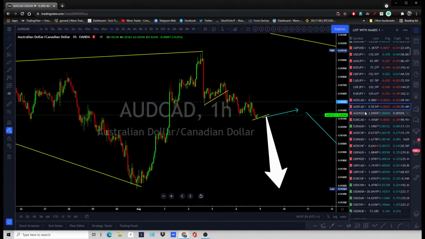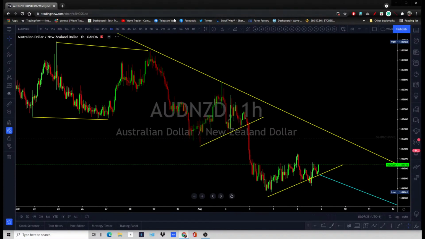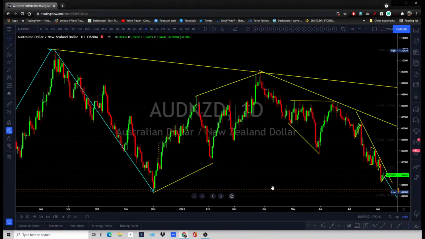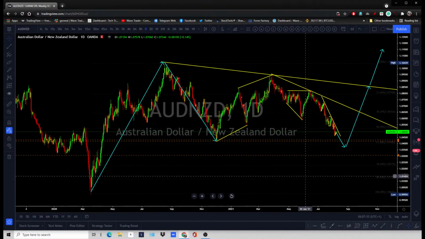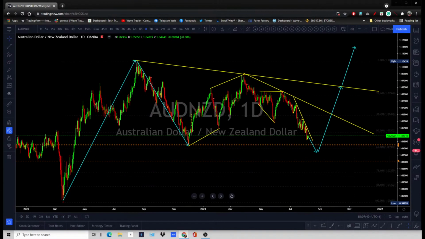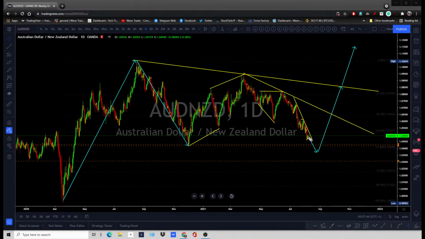Stay bearish on Kiwi against the CAD and USD. There is going to be a good opportunity in the coming days on this chart. We may see again a longer term reversal on it. But the lower this pair goes, the better it's going to be for you. The lower this pair goes, the better the buy opportunity. So again this pair is going down, right? So the Australian dollar is going down.